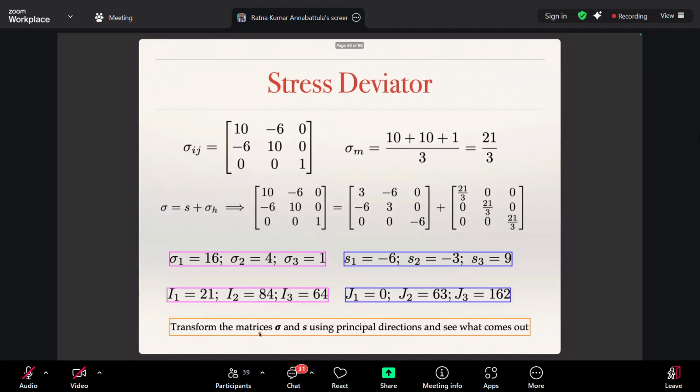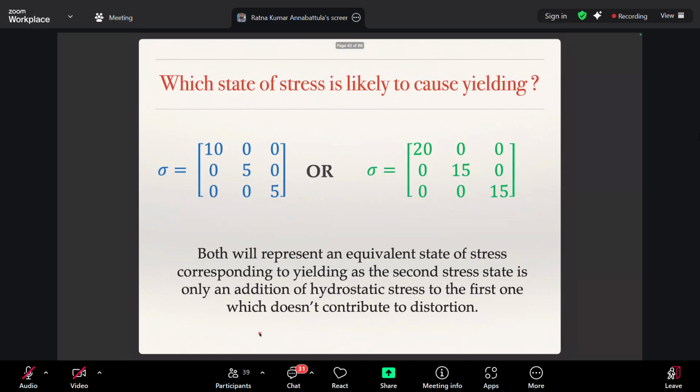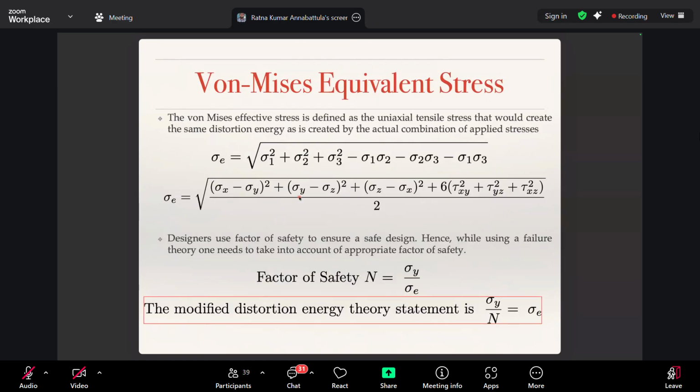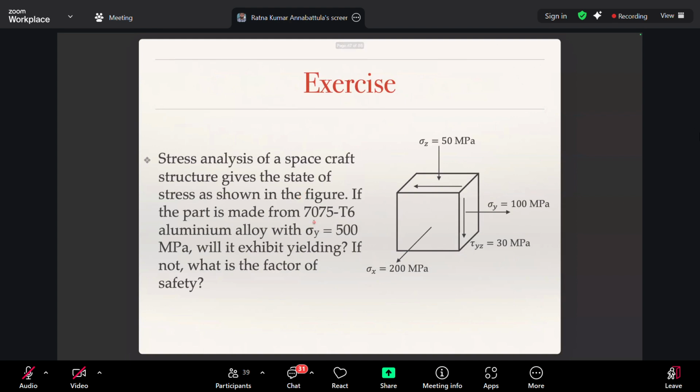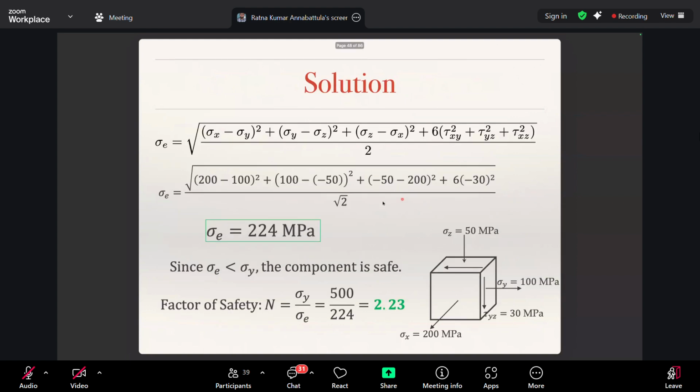Even if you don't remember this formula, you know how to compute the deviatoric stress tensor given any stress tensor. From there, you can compute the second invariant of the deviatoric stress tensor, that is the negative of the sum of the principal minors, and square root of 3J2 will give you the equivalent stress. And once you have the equivalent stress, you can compute the factor of safety. So you don't actually need to remember any formula. Is that clear?